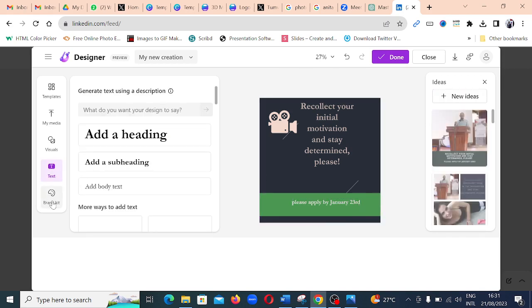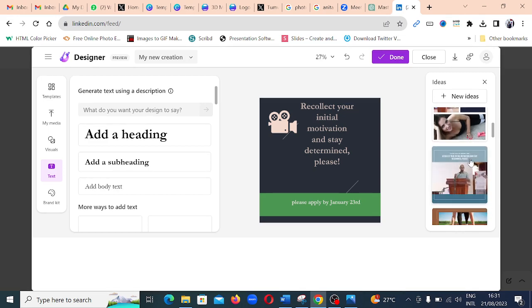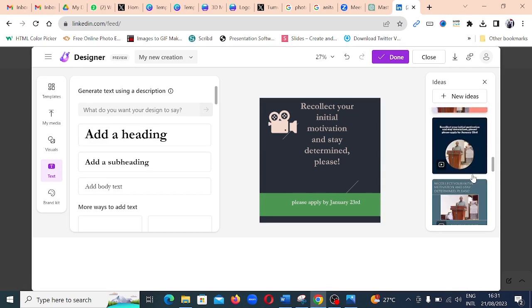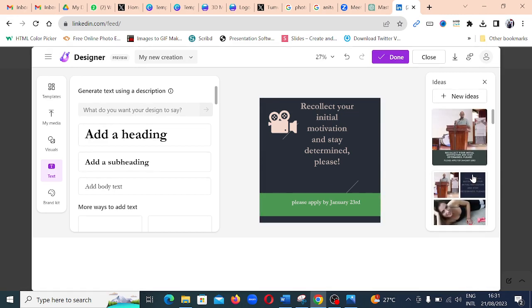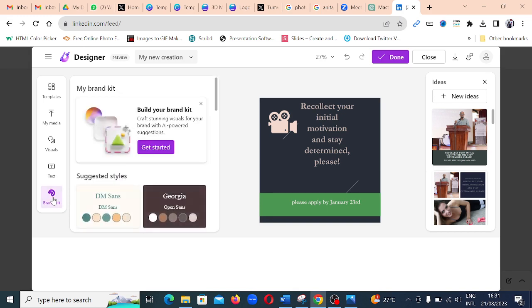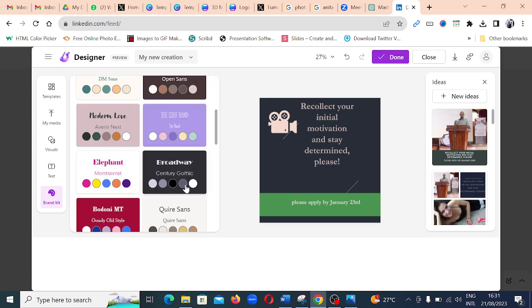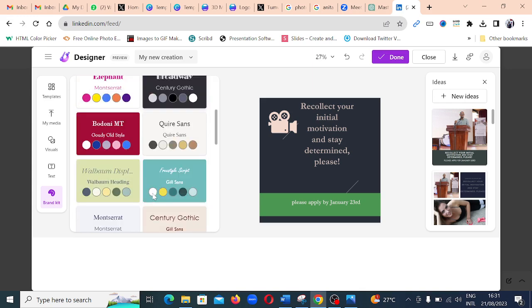Then lastly, we have here the brand kit. Just to mention, you see the different ideas it brings here of graphics from what is being presented to it. So it's always also constantly generating graphic ideas that you can use as well. Then we have brand kit in case you want to change the fonting and the styling of your graphic. You can always select any of these and it will automatically change. For example, if I click this,